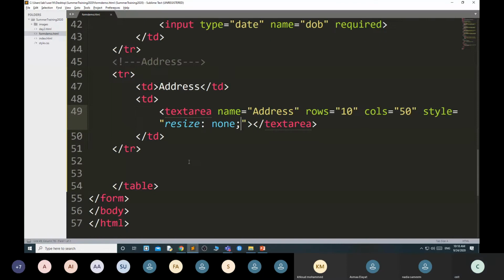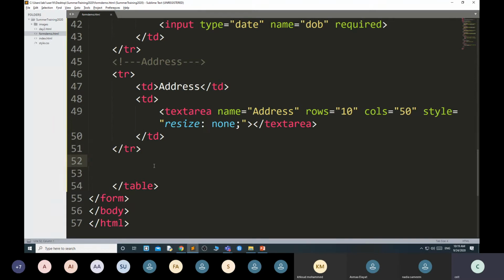This is for address. In address, again you can enter the city, pin code, state, country. Else you can skip it, but all these things are like input type text. That's why I'm not including that. Then after this, we will go for the